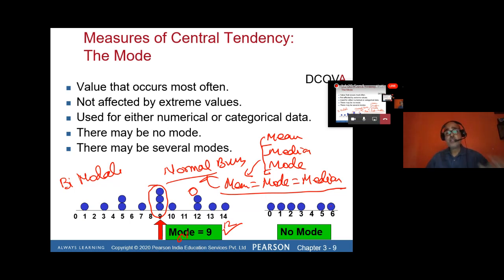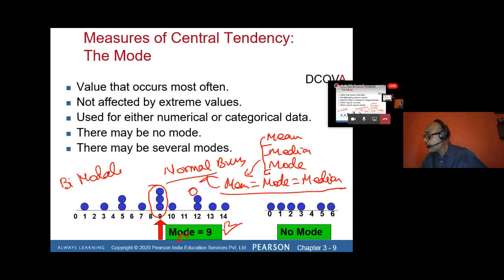So the first important thing is that a business is said to be normal only when mean, median, and mode are at the same point. Please note down. Very good learning of the day. The first learning of the day. You learned how to calculate mean. You learned how to calculate mode. You learned how to calculate median. But why should we calculate mean, median, mode? To see whether my business is a normal business or an abnormal business.